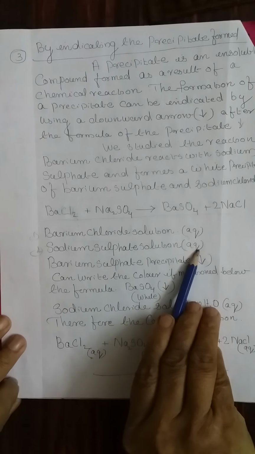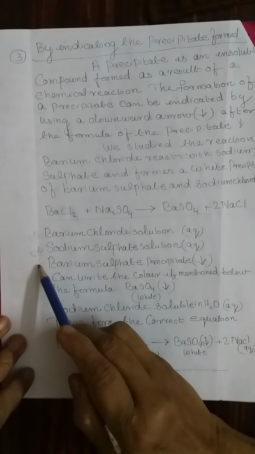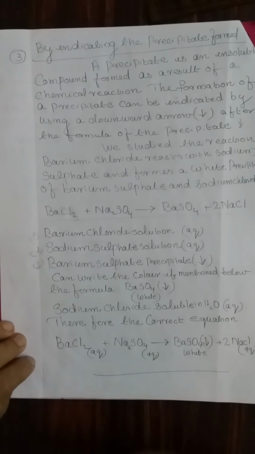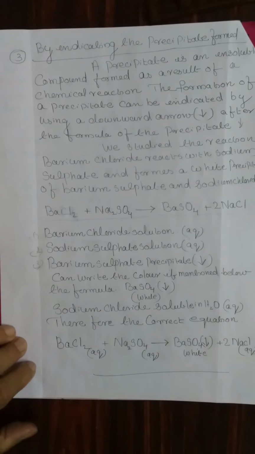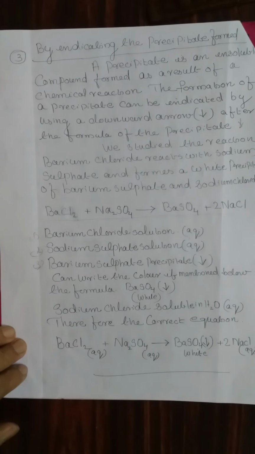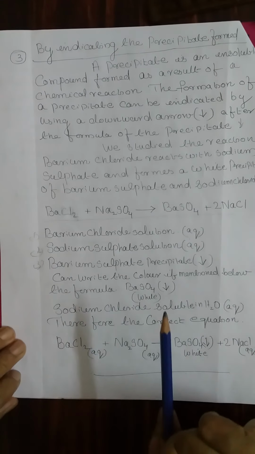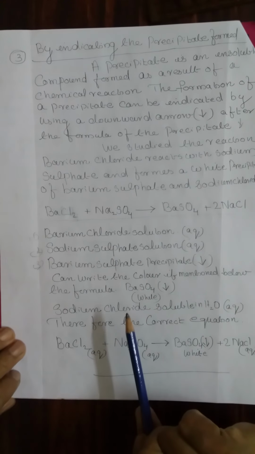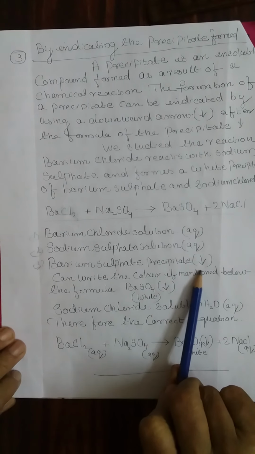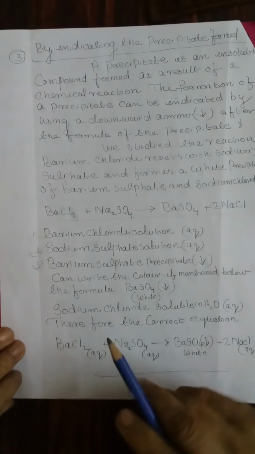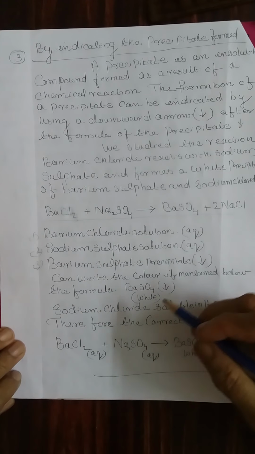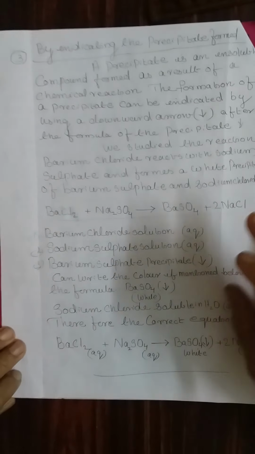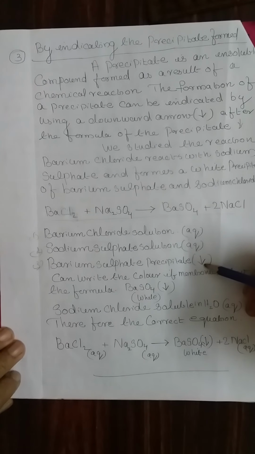Therefore, write AQ. And the third one: in the question itself, they may mention a white precipitate is formed, or an insoluble substance is formed, or barium sulfate which is insoluble. When you come to the higher classes, you can clearly identify the state. When you say barium sulfate, it means it is an insoluble substance. Therefore, put a downward arrow, showing that even if you shake barium sulfate with any amount of water, it is not going to dissolve in it. Therefore, put a downward arrow.